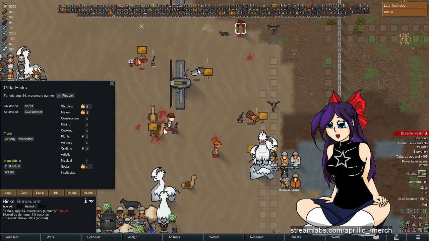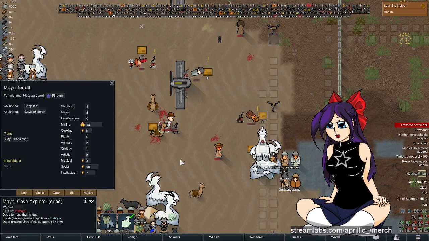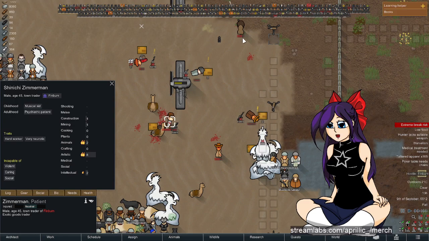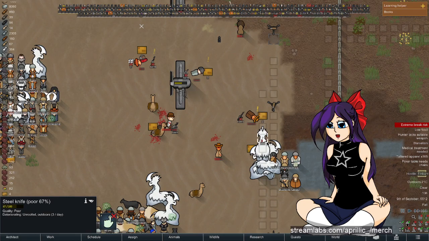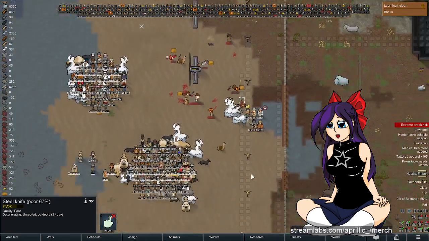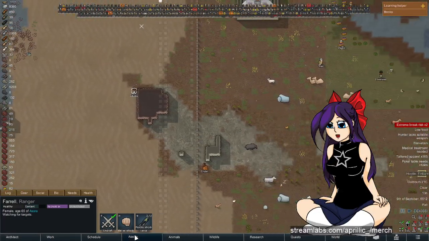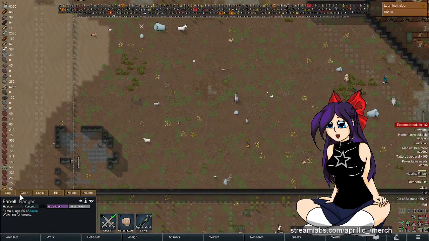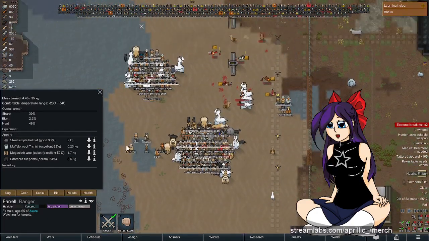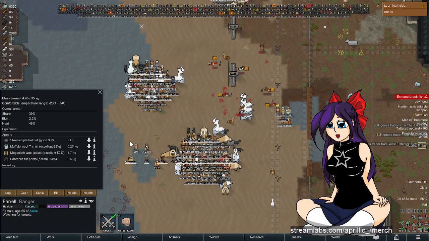Well, fuck. You died. Maya died. She had high mining. I can't take Cherry. Could take Zimmerman, but I don't want them. I think whoever was here died, so let's see if Hicks can stay alive long enough. And I'm going to send Farrell, who did absolutely nothing. Can you drop that, mate? Can you drop that where you are? And I'll send you back down to go grab...